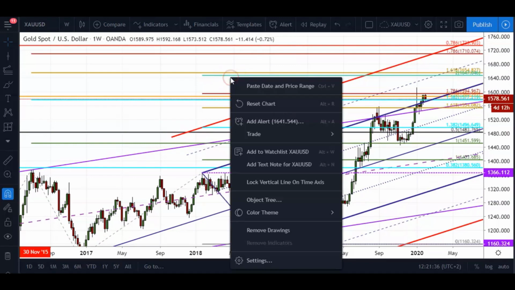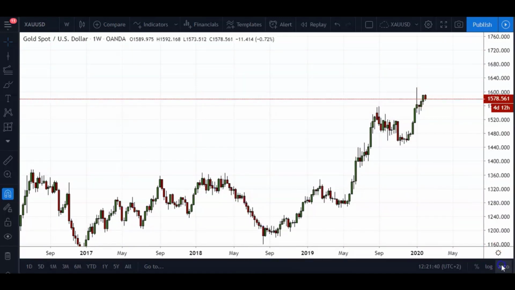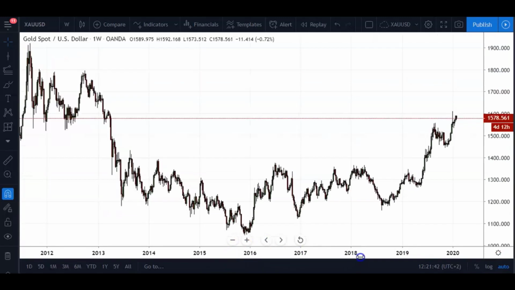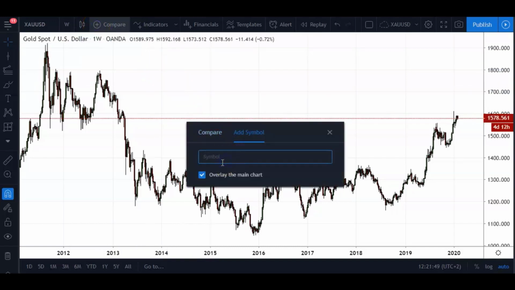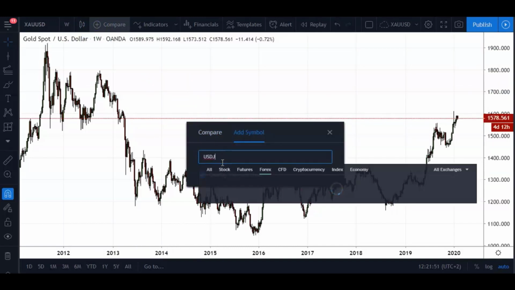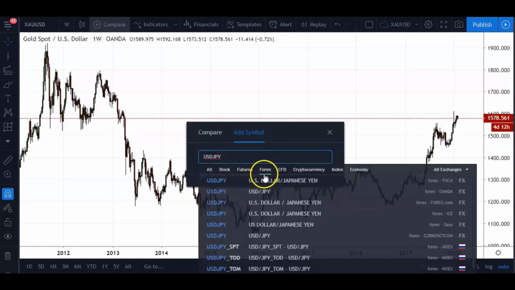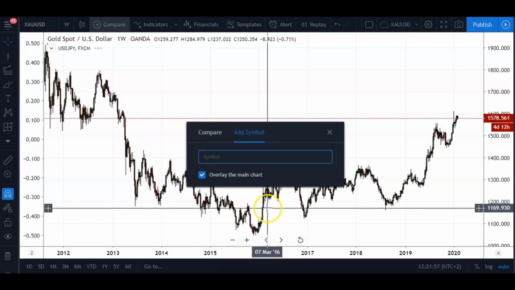Let me just clear all of these drawings quickly. I'll give a clear chart over there. And then I just want to do a comparison. And how you do that in TradingView, you click on a compare button. And I want to look at the US dollar Japanese yen. I'll be showing you a little chart later as well, so just bear with me. If we pull that in,